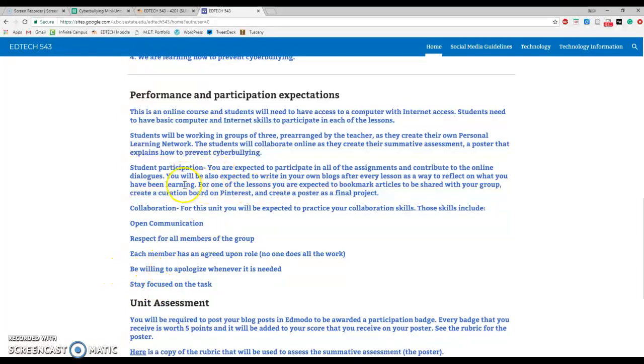This is also where the introduction to what assignments are going to be done is. Students are expected to write their own blogs after every lesson, and students are expected to bookmark articles. Then they're going to curate a board on Pinterest and do a final poster. So this is the intro to what assignments are going to be done during the unit. And the last requirement for this first section is the social media guidelines, which actually has its own